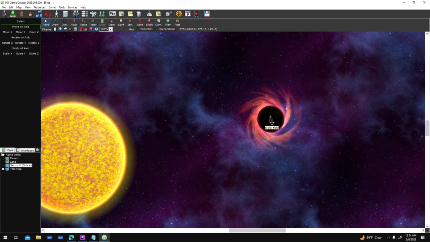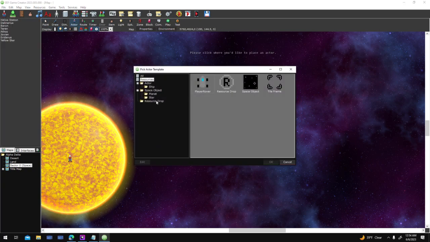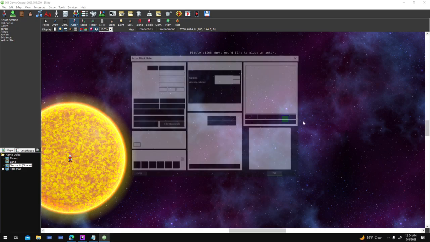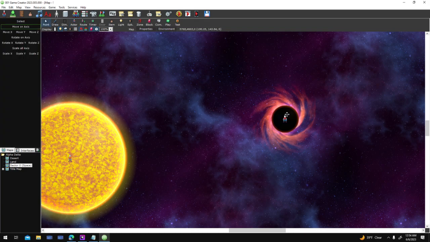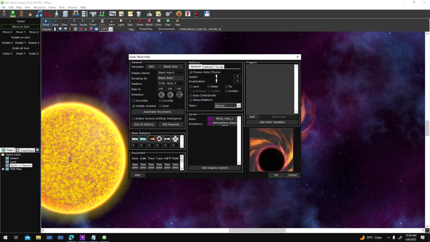Just to make sure, I think I did this right. Because it's considered a star technically, but it's still a black hole template. And now that it's on the map as a template,